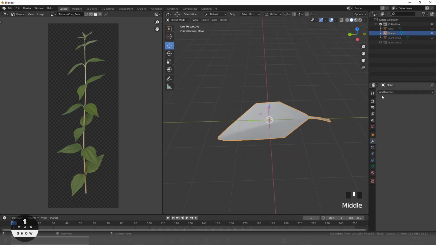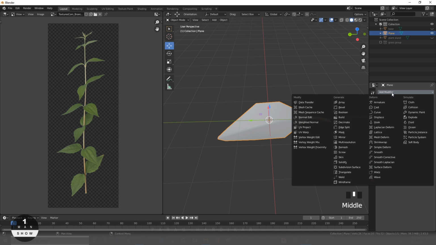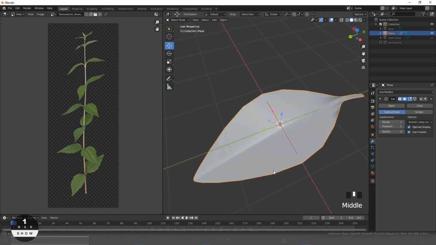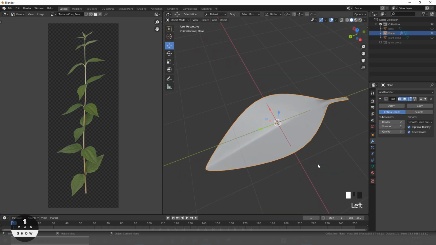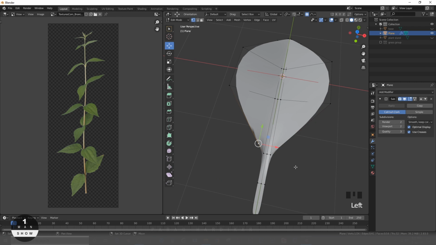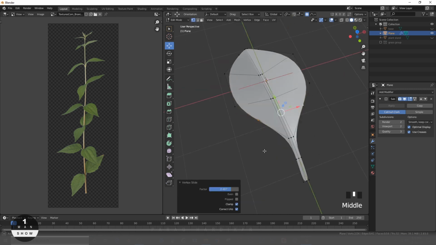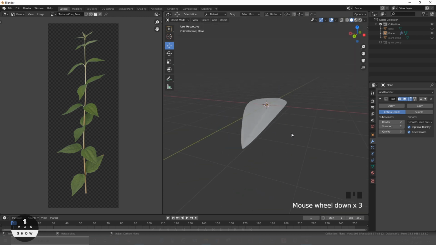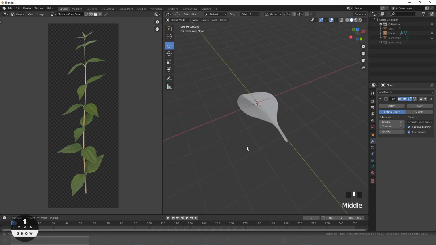Once we are happy with the shape, let's add subsurf modifier to make it smooth. There will be a separate video in which I will explain what modifiers actually are. So the shape looks fine for now.